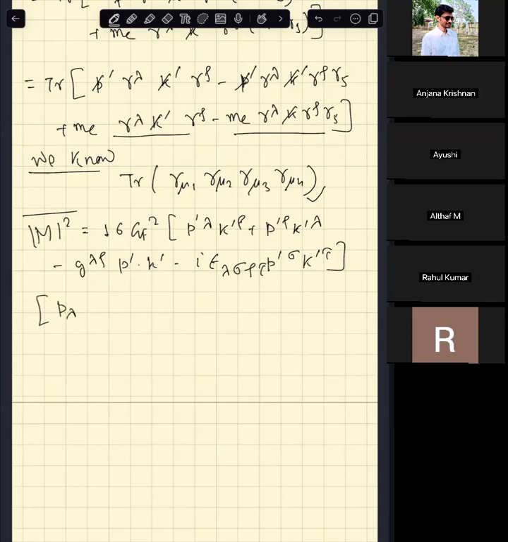So this will be p lambda k rho plus p rho k lambda minus g lambda rho p dot k minus I epsilon